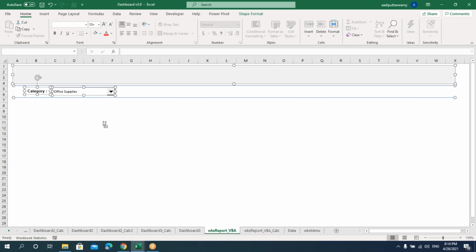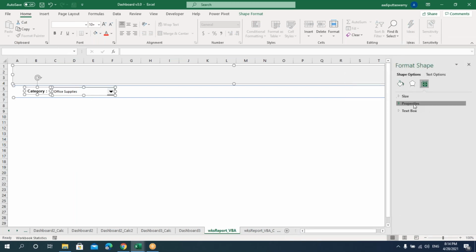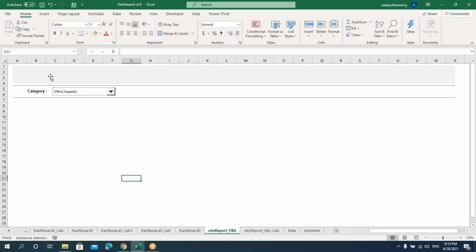Let's select all and go to properties, and let's change this to Do not move, because if I'm moving my cell, the shapes also will get resized. So let's not do that. So I'll just change the properties to Do not move so that the shape will not get disturbed or resized when I'm actually resizing these tables.